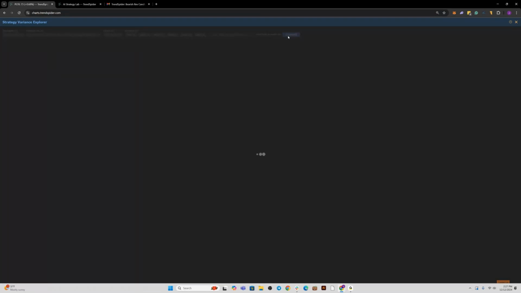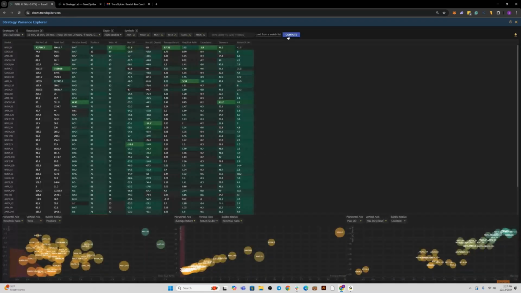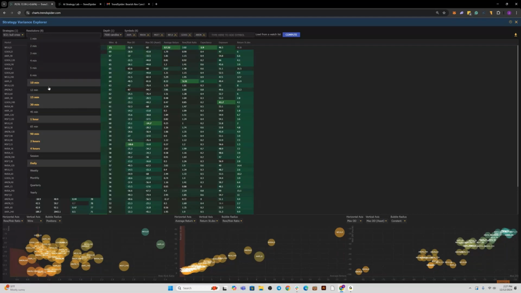Ultimately, you can run a bunch of tests at once. Say you have a strategy that you like to utilize on one particular name, and maybe you want to see how that strategy does on other names in the same sector, or other names that are similar. Here I've got a good handful of the Mag 7 names. So just like a basic 8/21 bull cross, looking for the basket resolutions on a lot of different time frames.